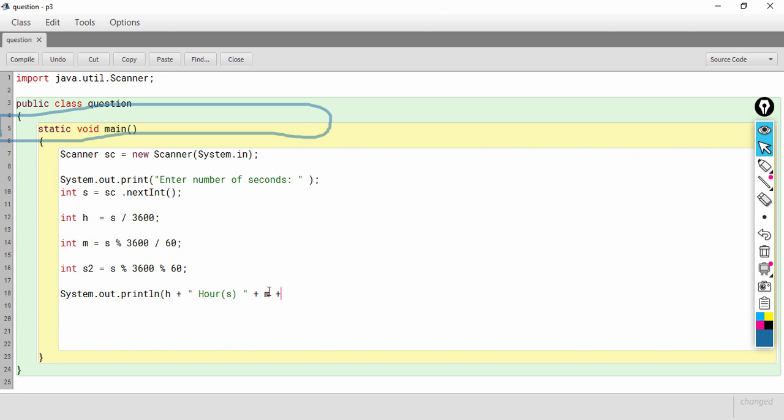So, m plus minutes, plus seconds is stored in s2. So, s2 plus seconds.